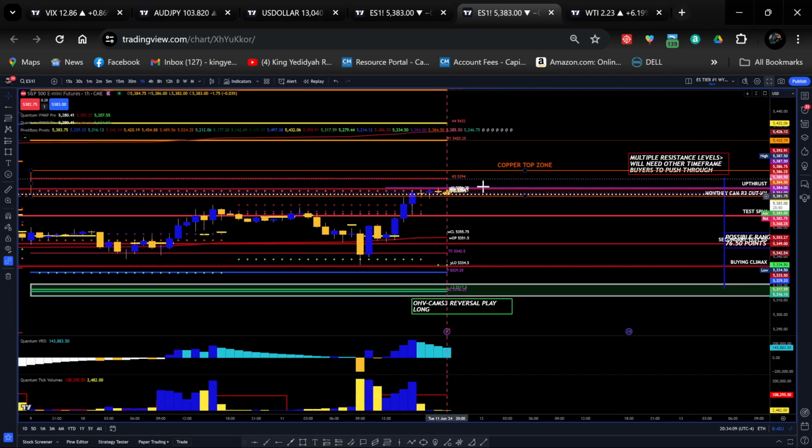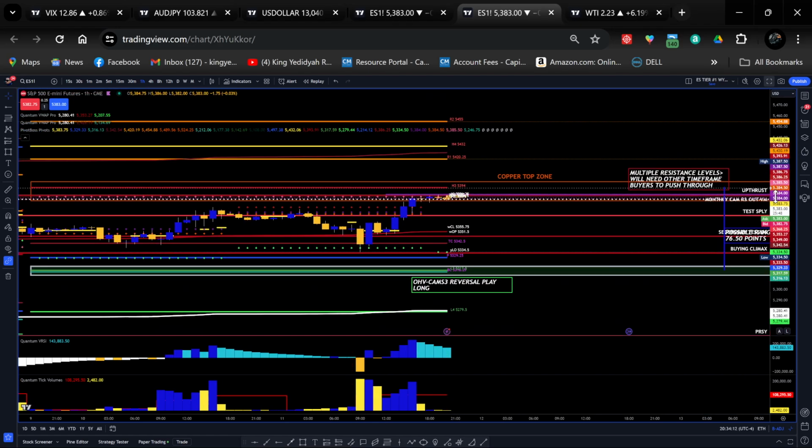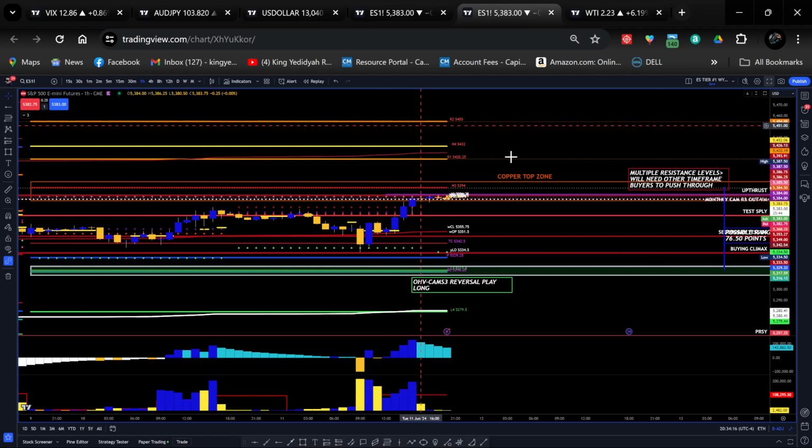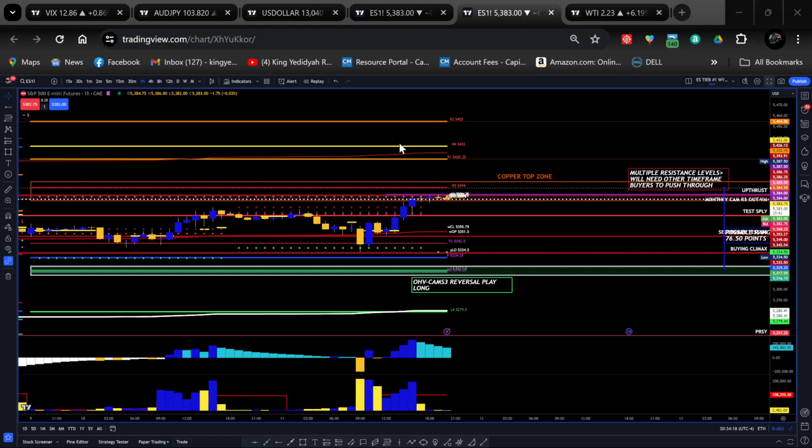Right, so let me put the week in focus. This has been the week so far. On the weekly levels, this is floor pivot R1. That's our first target, 54.20.25. Now floor pivot R2 on the weekly is kind of coinciding with the floor pivot R1, just a little short of that, I guess. So all around this area here